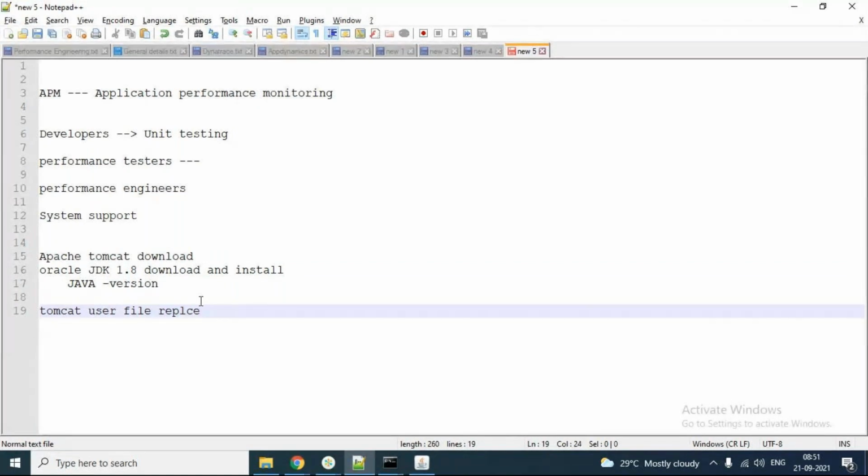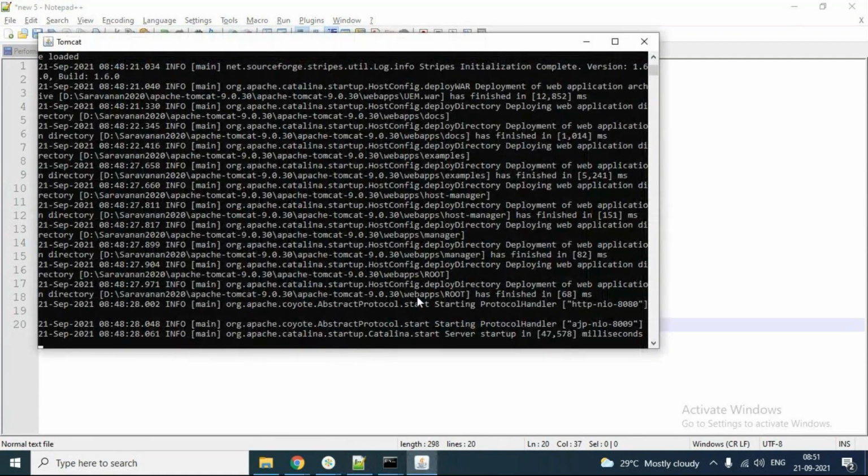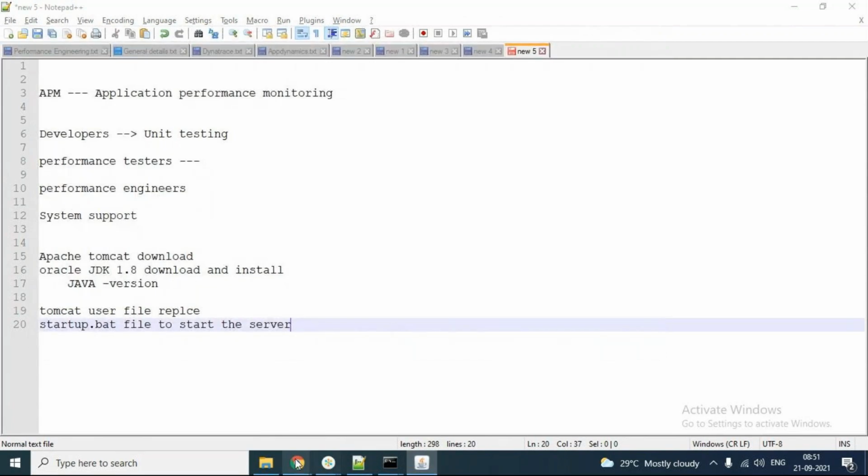Now you can use the startup dot batch file to start the server. We have already started it. How do we validate that it started properly?